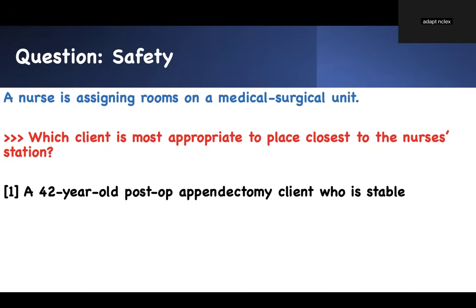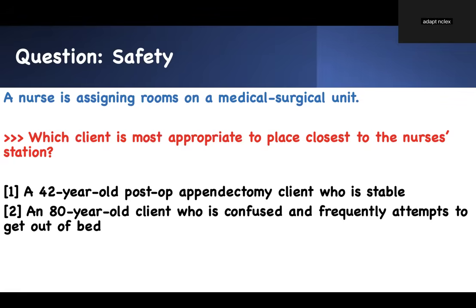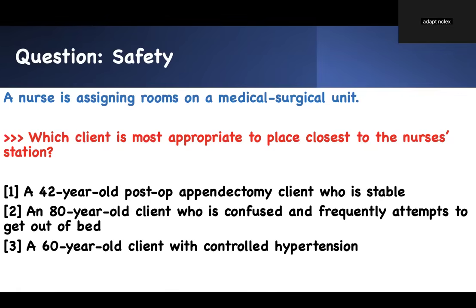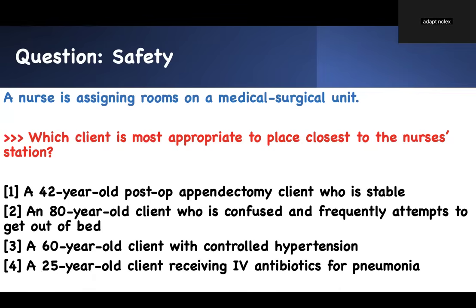You have a 42-year-old post-op appendectomy client who is stable. You have an 80-year-old client who is confused, frequently attempts to get out of bed, warning sign. You have a 60-year-old client with controlled hypertension. This is how you apply your prioritization. You have a 25-year-old client receiving IV antibiotic for pneumonia. What do you think? I know you know the answer, but that is the point of this video. I don't want you to pick the answer. I want you to break it down and say, okay, what is the problem? We have a situation about safety because they told me I need to place somebody closest to the